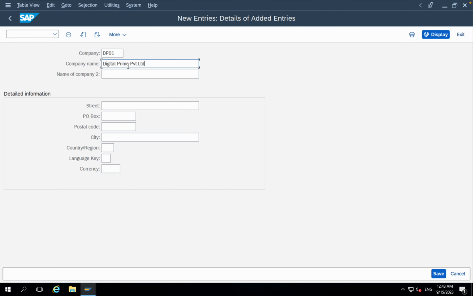If your company name is too big, then the rest of the characters you can enter into this second column. Next, you have to provide the street, which is basically the address details. I'm just entering Velupal, Hyderabad, post box, PO box means post box. City is going to be Hyderabad, and country is nothing